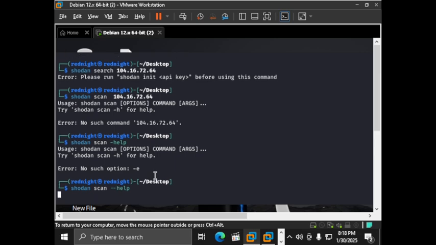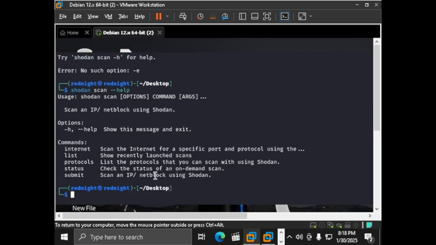Oh, we must use the API key before we can use Shodan. Okay, internet scan for specific ports and protocols using the list of recently launched scan protocols. These are the protocols that you can scan with using Shodan. Submit a scan of an IP address or net block using Shodan. We can say net sh